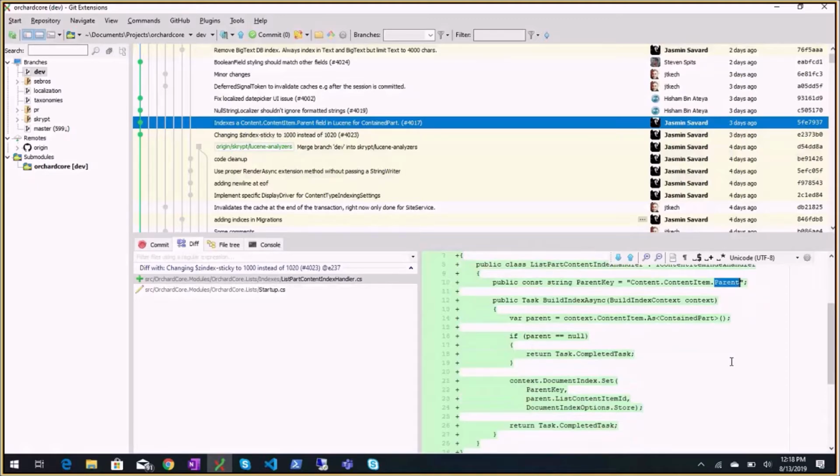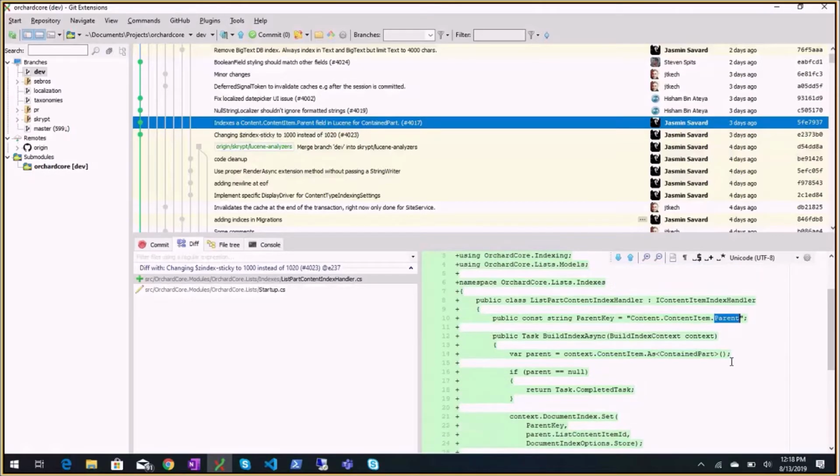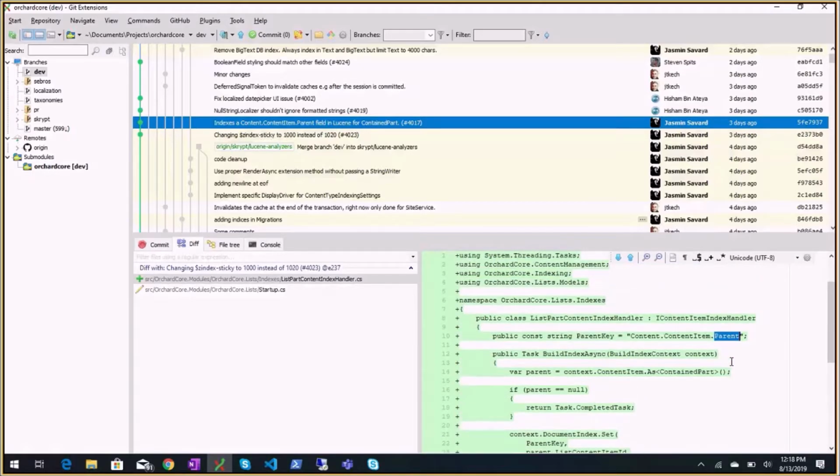I think we use the container part, or do we use the list part? It's called list part. Yeah. So parent is, yeah, it's the container part. The list part is on the blog, and the blog post has contained part.